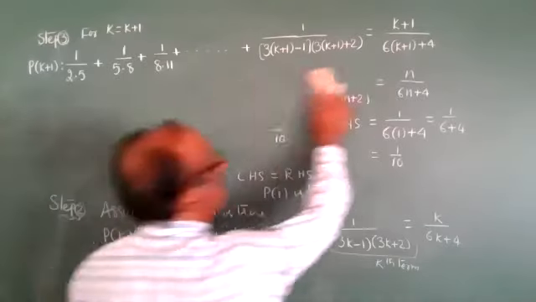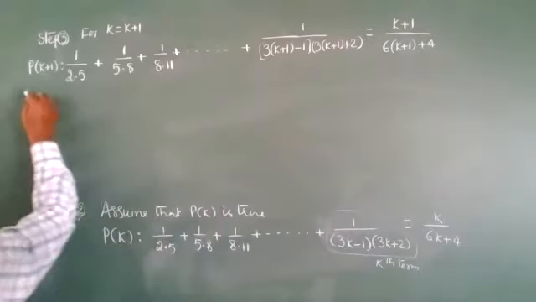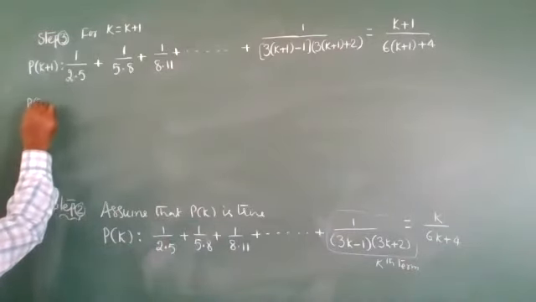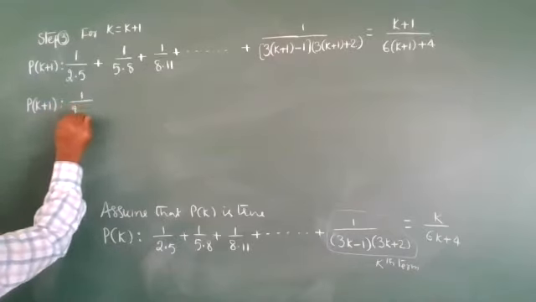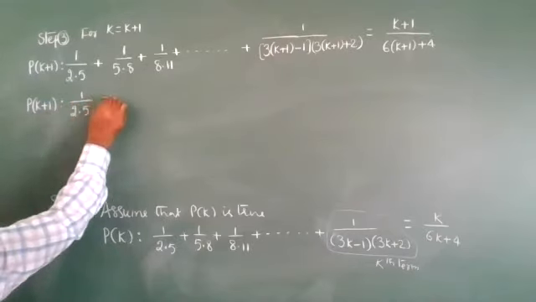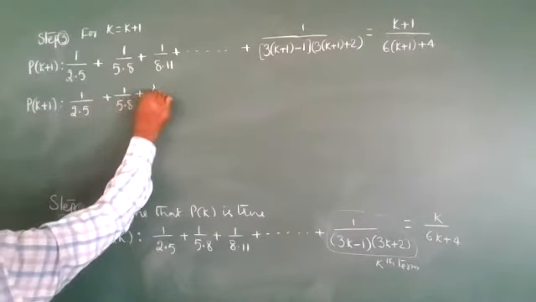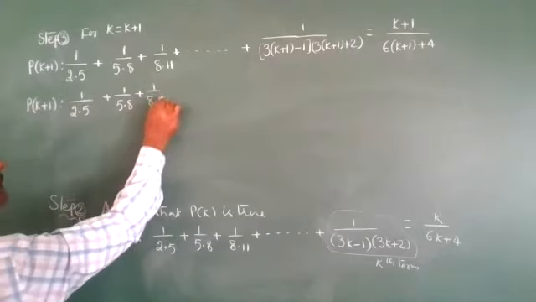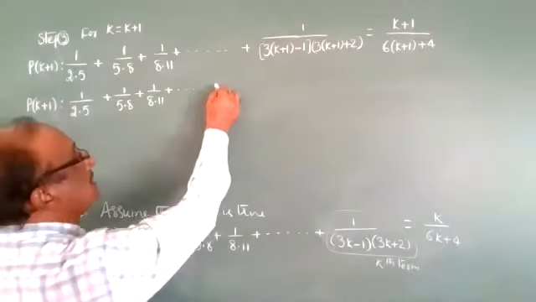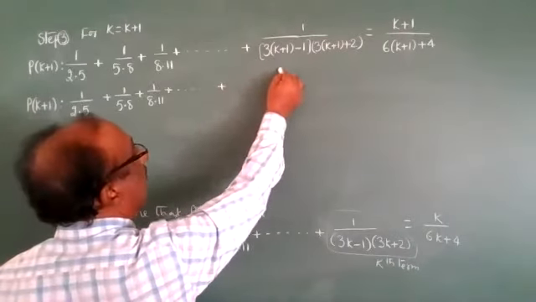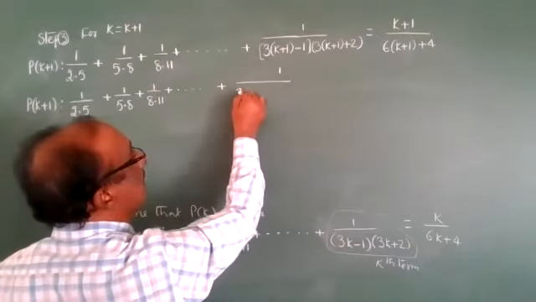Everyone, simplify. Now everyone see, this is the principle for k+1 numbers. The k+1 numbers sum is equal to: first number is 1 by 2 into 5, second number is 1 by 5 into 8, third number is 1 by 8 into 11, plus dots. Plus, simplification is 1 by (3k minus 1)